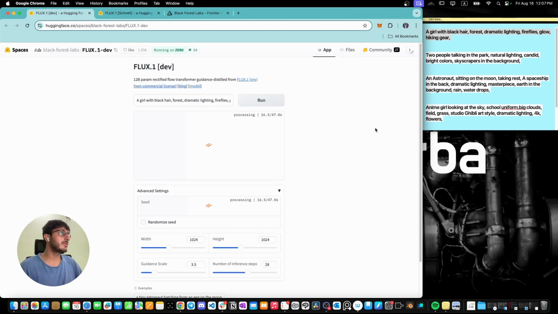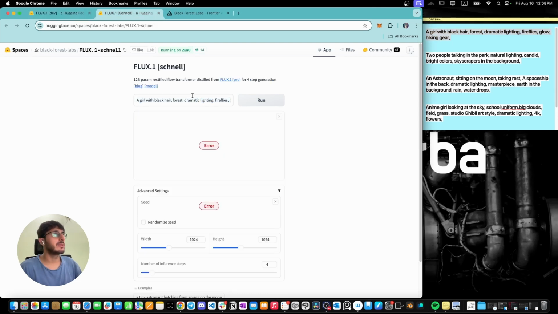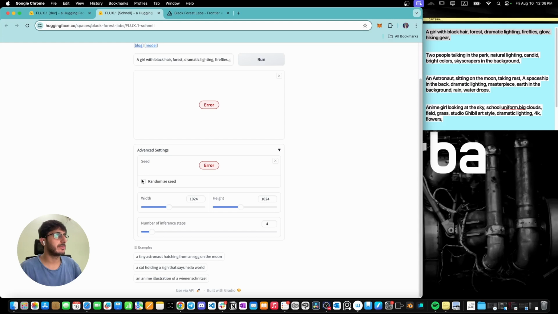Okay, so now we're running the test on the Flux Dev, and you can see it will take 47 seconds to generate this image. Okay, so now we have our image over here, and as you can see, a girl with black hair in a forest, and there are fireflies around her. And let's try this one on the Schnell as well. So I have already pasted the prompt, and